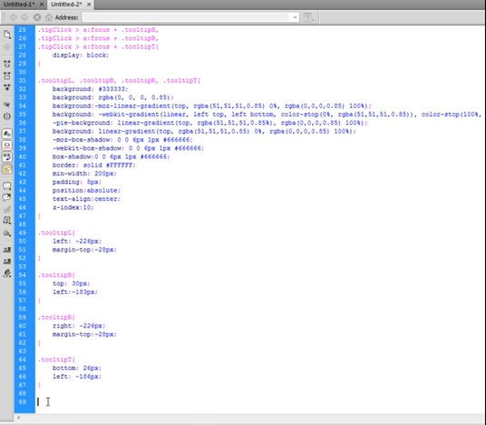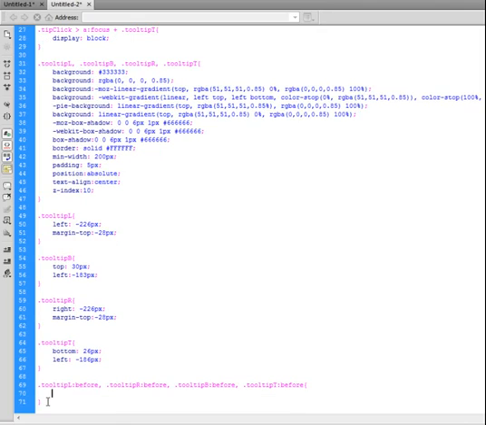So to do that, we want to use tooltip L and use the before selector, tooltip R, before, tooltip B, before selector, and tooltip T, before selector. Okay, now to create the actual arrow, we will use border style of solid, and then we will make the border